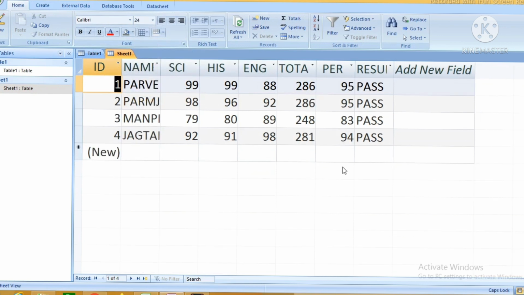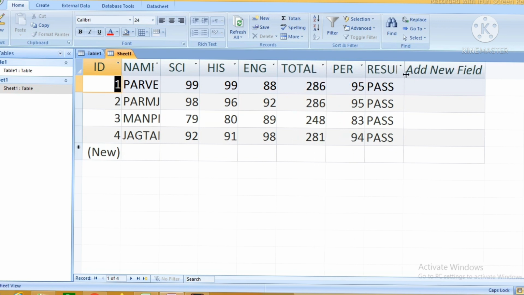Resize the columns. You can see all the Excel data in MS Access, to get external data in